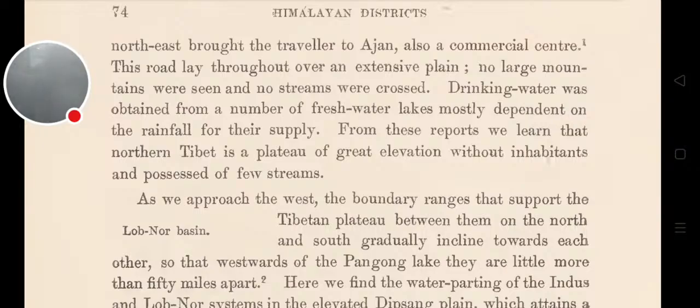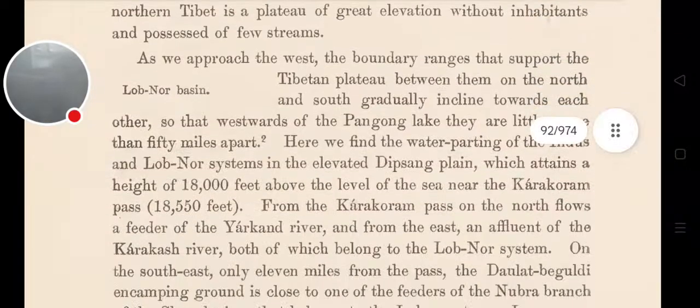This road lay throughout over an extensive plain. No large mountains were seen and no streams were crossed. Drinking water was obtained from a number of freshwater lakes, mostly dependent on the rainfall for their supply. From these reports, we learn that northern Tibet is a plateau of great elevation without inhabitants and possessed of few streams. As we approach the west, the boundary ranges that support the Tibetan plateau between them on the north and